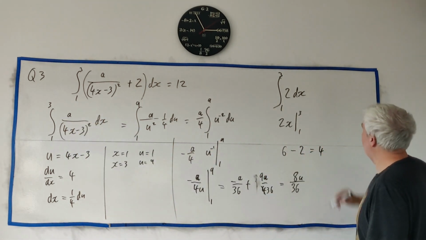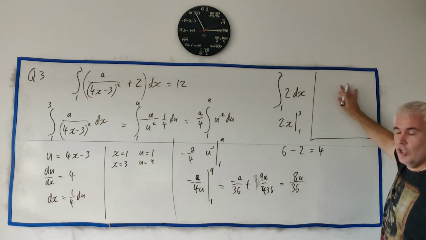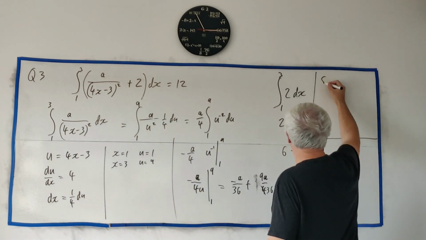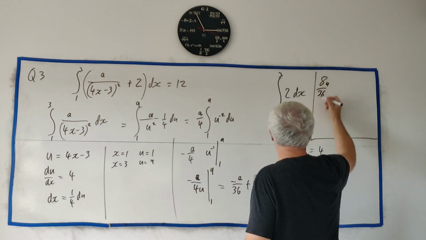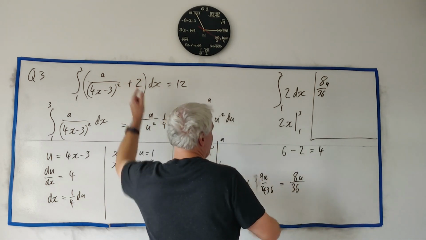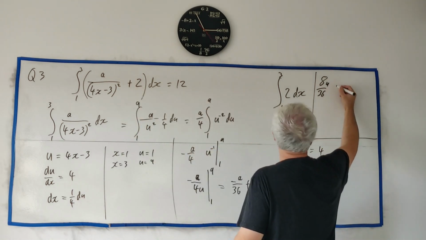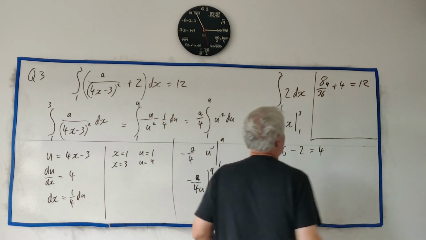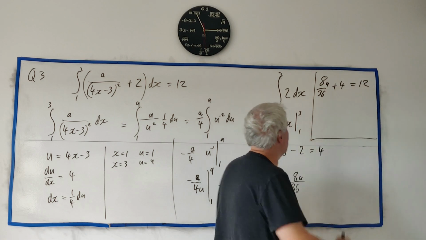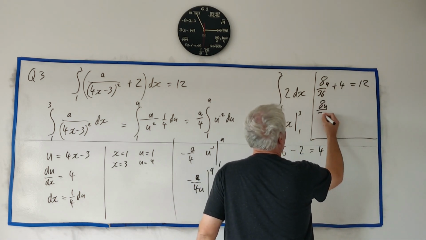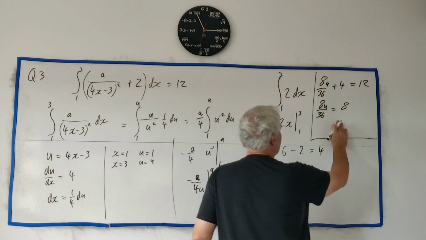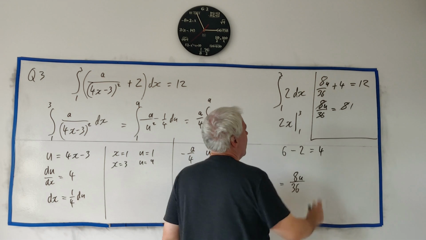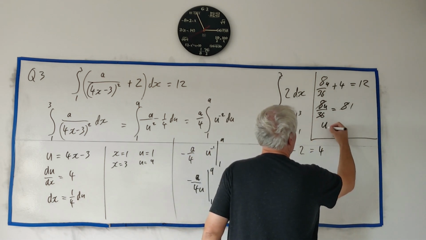I think I can even squeeze the answer up in this little corner, because the integral of this was 8a over 36. The integral of 2, which I'm not sure if I rubbed it out, here it is, here is 4, so that's plus 4, is equal to 12. Rearrange this, take 4 from both sides, we get 8a over 36 is equal to 8. Divide both sides by 8, that leaves a 1 there. Multiply both sides by 36, we get u is equal